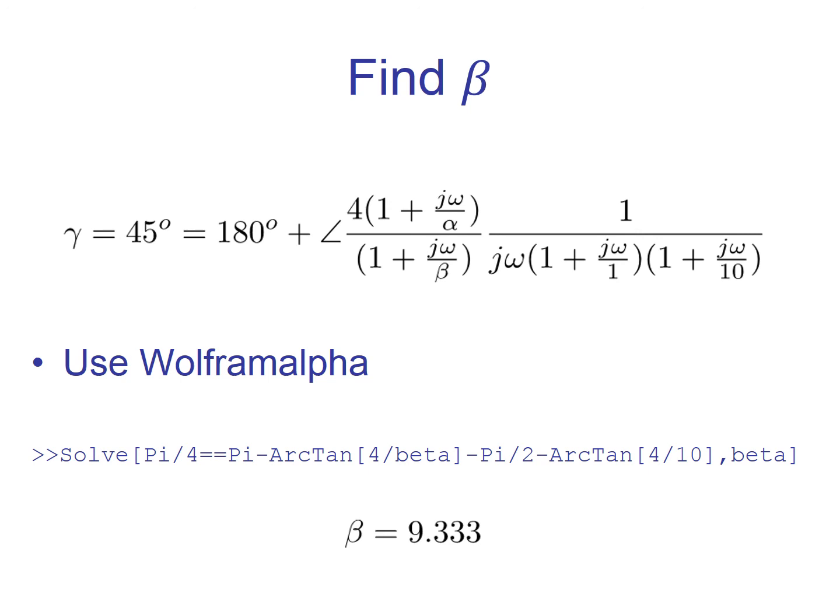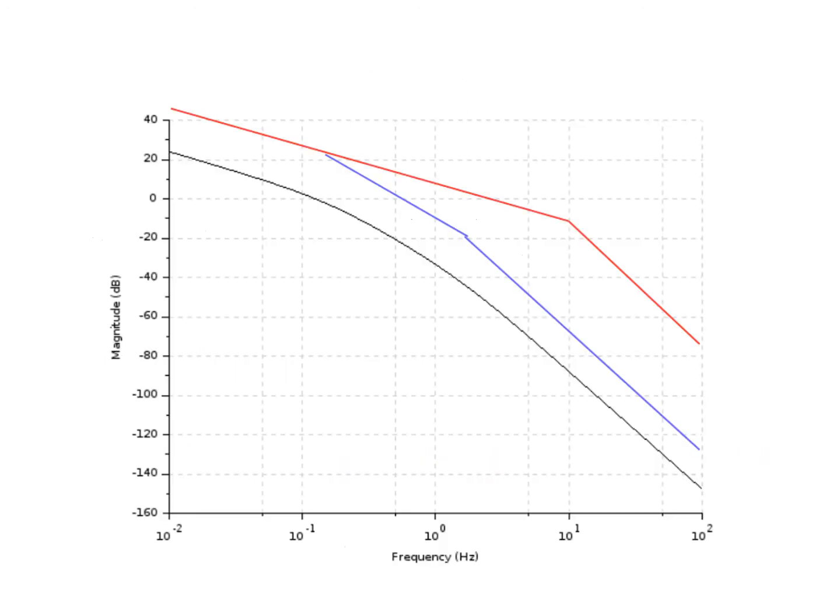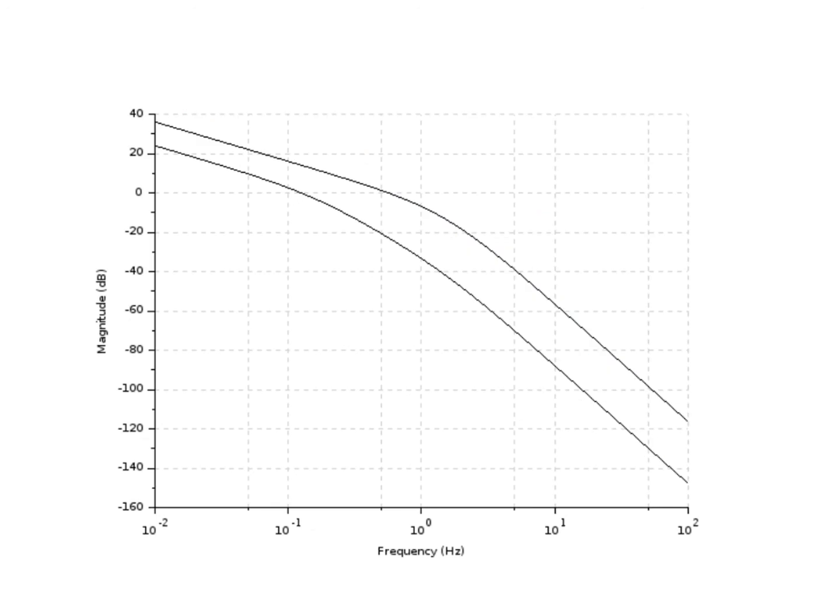So let us use Wolfram Alpha to solve this. We're going to have this equation here, which is straightforward to solve using Wolfram Alpha, and we're going to find that beta equals 9.33 and so on. So what we have here is this alpha compensates the initial slope, and we're going to have another pole at this point here. So the red one is the controlled system. We can see this is the real system,